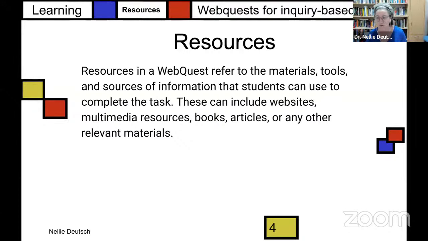Will you be using tools, like maybe a technological shop where they create different things, car building? And sources of information. So it's not only information, but it's also actual material. If you're working in a chemistry lab, and it's about chemicals, you'll be using different chemicals and tools. So the resources are everything that they will be using, and they can include, of course, websites, but be careful